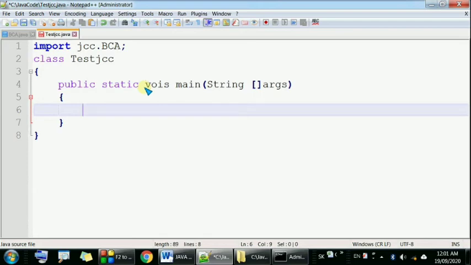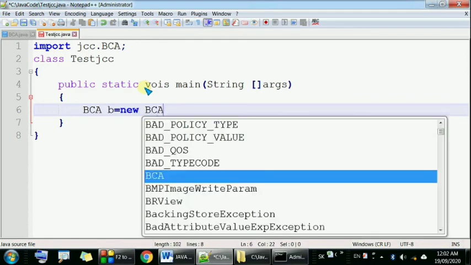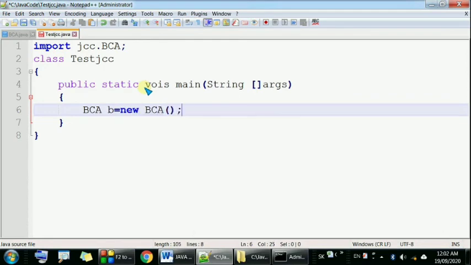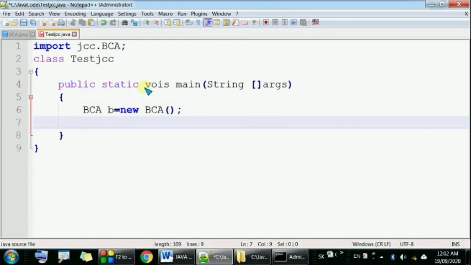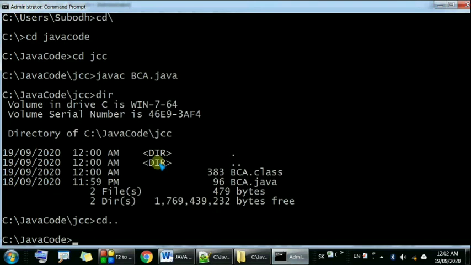So BCA b equals new BCA. Now call the function print from the BCA class, b.print. Save the program. Now go back to the command prompt in the Java code directory and compile the file, javac